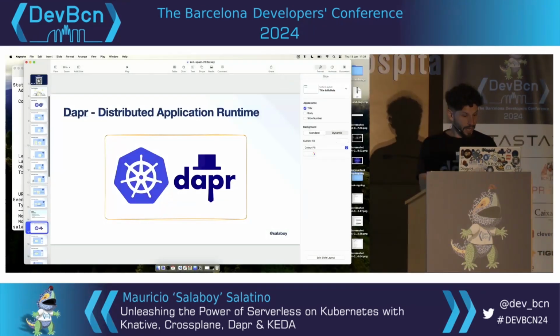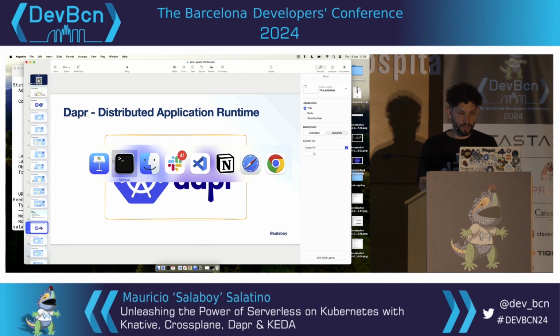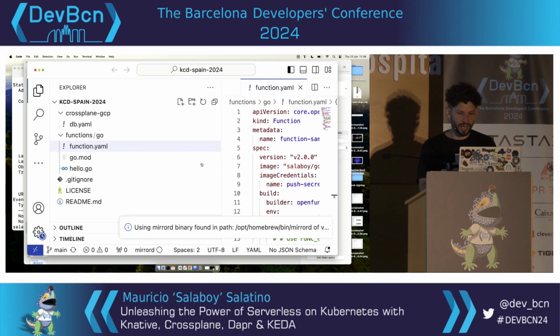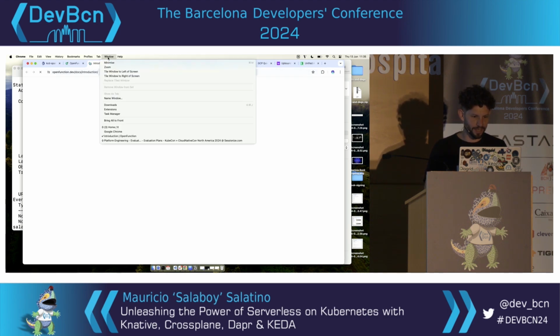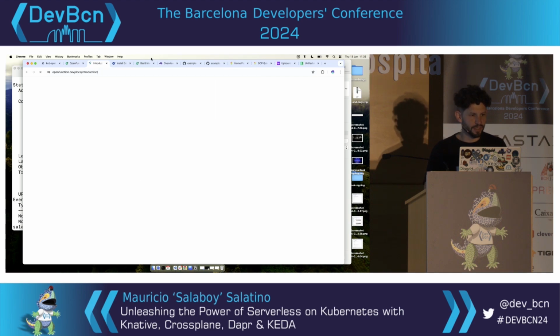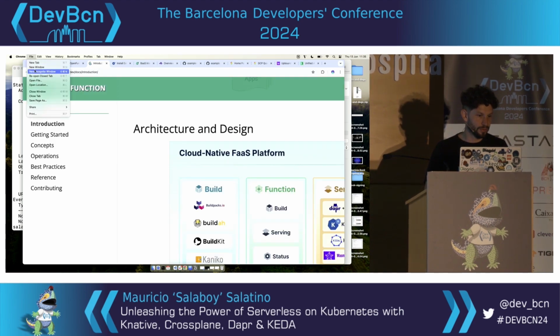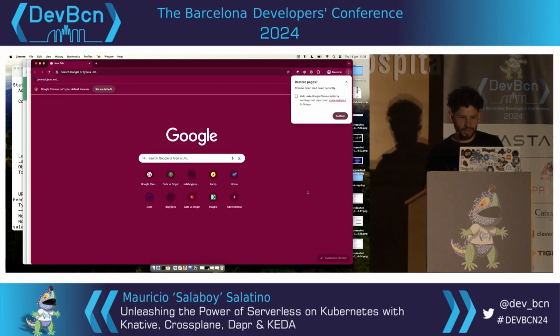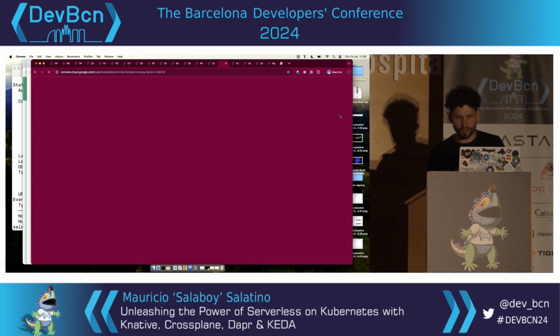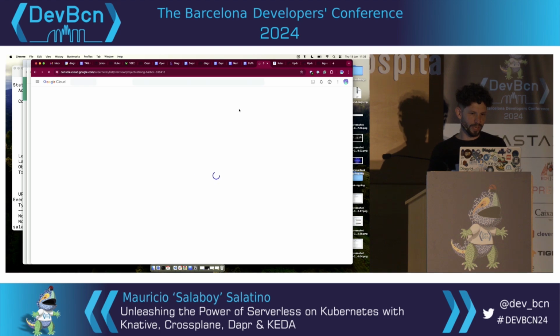Dapr is a project that I'm using in the cats and dogs example that I showed you before, and for that I will switch. I will not switch to the other cluster because it's closed now. That's good, things that happen. Let me see, it should be somewhere here. New window, with my company profile, so I can show you all the secrets. Restore. There you go. Probably I need to log in again.